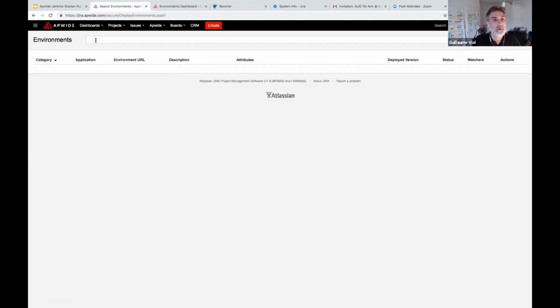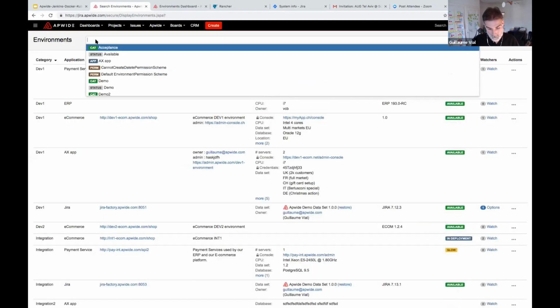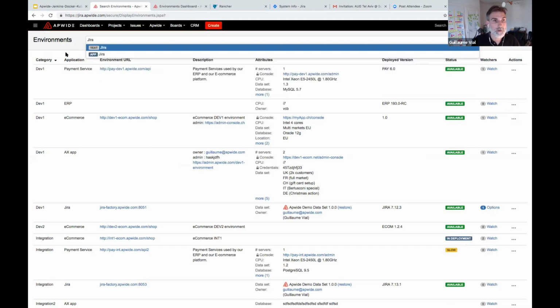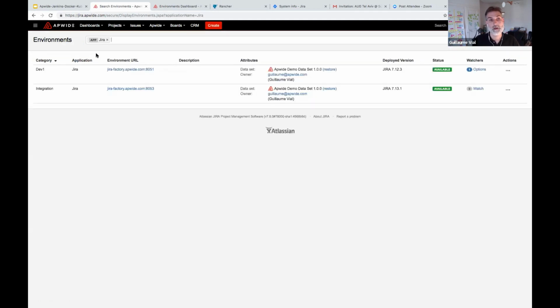So I will just filter on our Jira environment. We have just defined an application called Jira in Apwide Golive. Currently we have just two environments, because it doesn't really make sense to have running Jira instances on our server that use resources if we don't need them, especially if it's very easy to create on-demand Jira